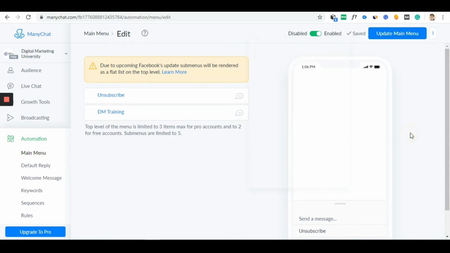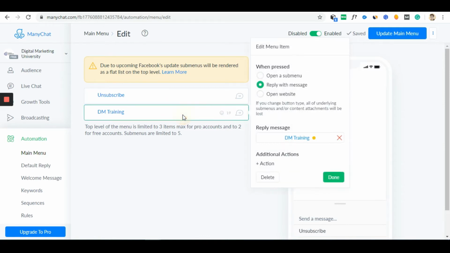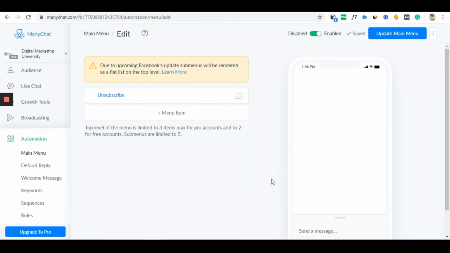Now here you can add menu items. The first thing, I'll just delete it so that you can have a preview of how it looks in the initial stage. So when you land up on this particular page on your ManyChat account, you will find something like this. You don't have anything at this moment, no menu items are there.